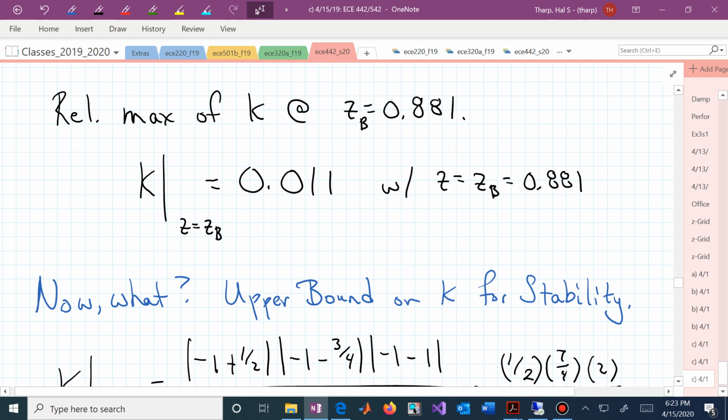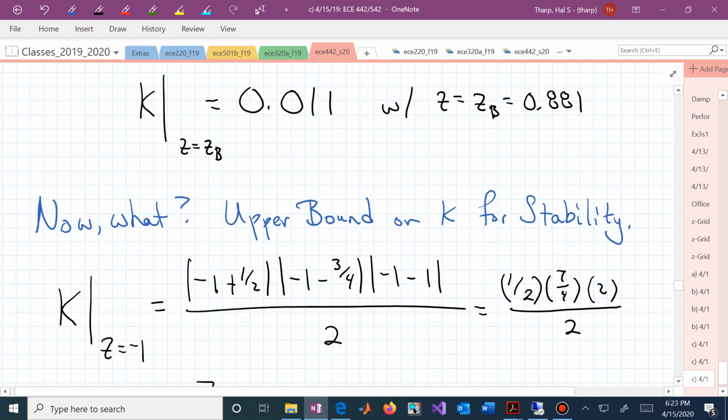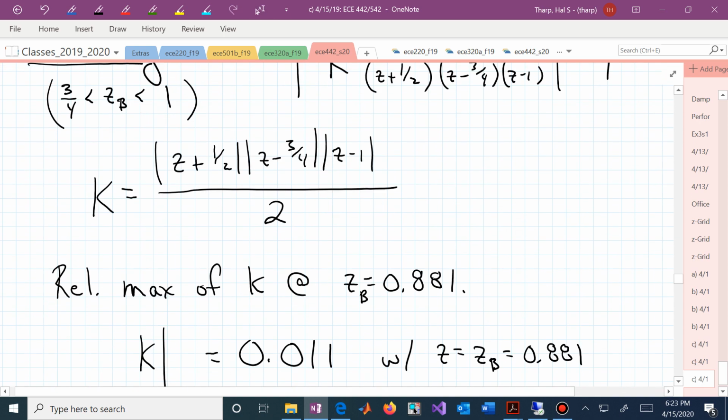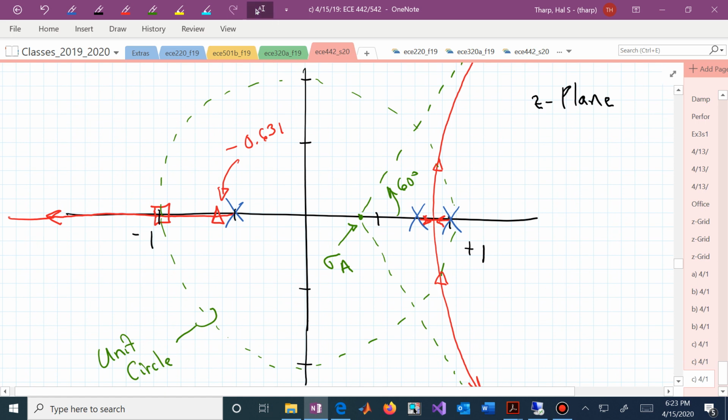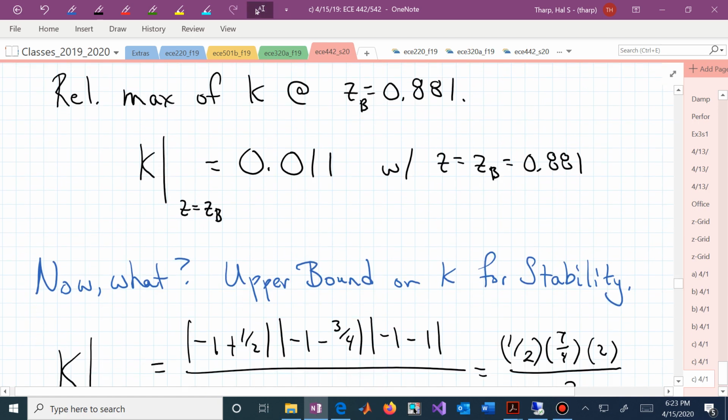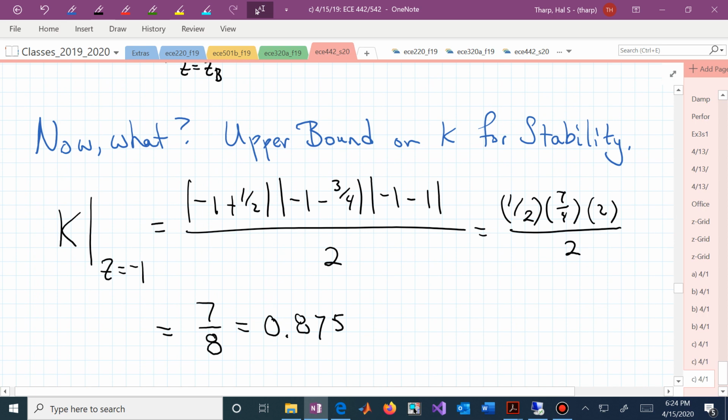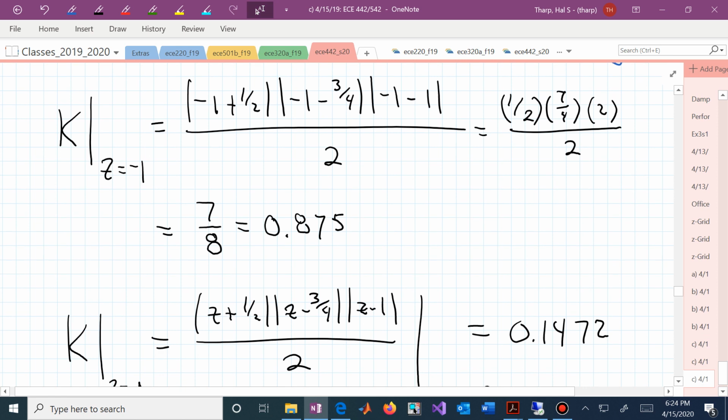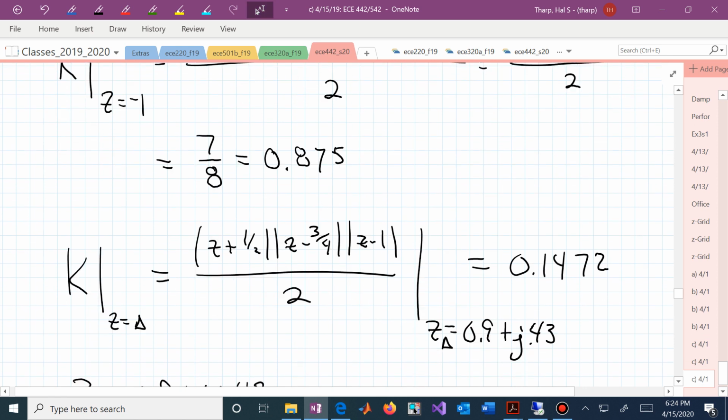We know where we're breaking away. We know we're probably stable at 0.011, but we need to verify that. Let's now look at the k value to push this third branch from minus 1/2 all the way over to minus 1 and see, is that bigger than 0.011? If it is, then our poles haven't yet left the unit circle when they're all 3 real. We calculate k from our formula at z equal to minus 1, and it's 0.875. So that's quite a bit bigger than